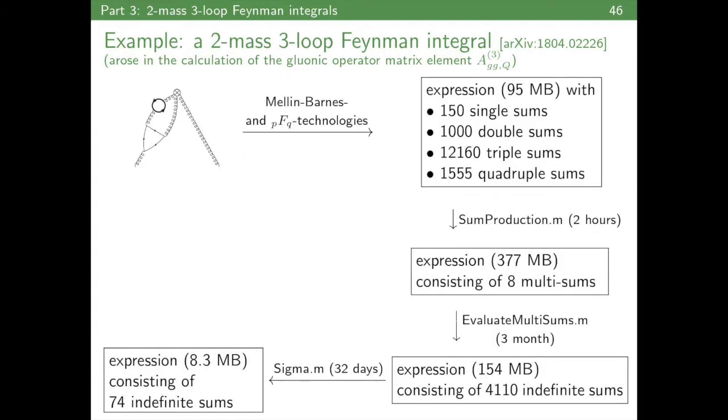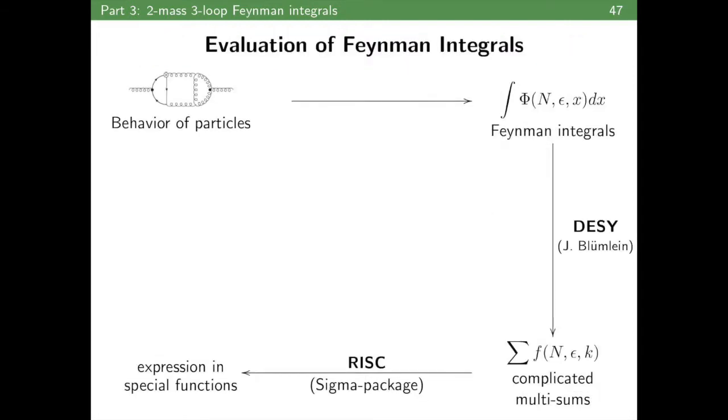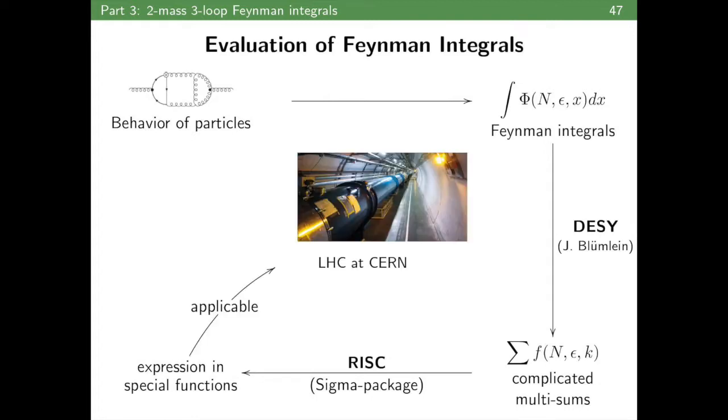And in about 32 days, eliminating all algebraic relations using Galois theory to justify this, I get an expression of 8 megabytes of 74 sums, and it fits on 2 pages. And precisely these outputs are now in special function form that are useful, and processable by physics, and sooner or later, we are soon there with all our calculations. They will be used at the Large Hadron Collider at CERN to predict the coupling constant in a better way,